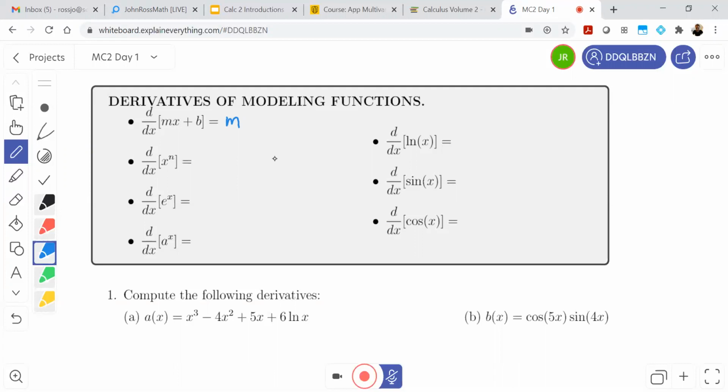The derivative of the polynomial expression x to the n, right? This is a power function, and so we use the power rule. That became n times x to the n minus 1. So our polynomial functions follow this power rule. Our exponential functions follow a different rule. That's if our x value is in the exponent. And what we see there is that the derivative of e to the x is just e to the x again,